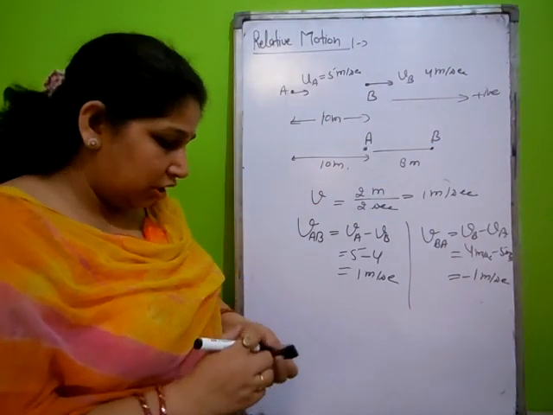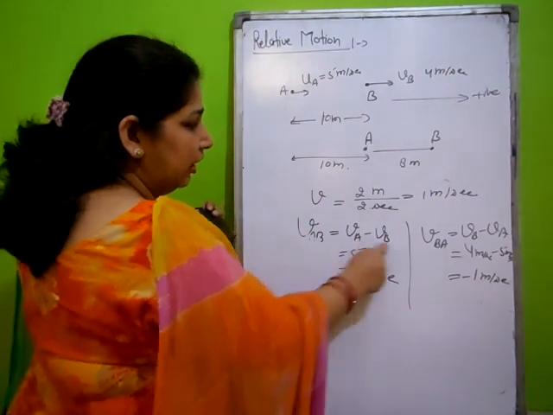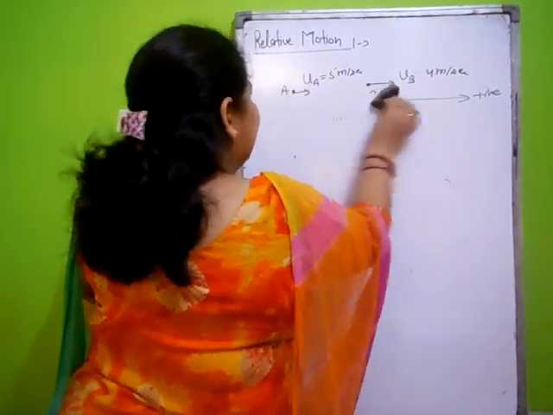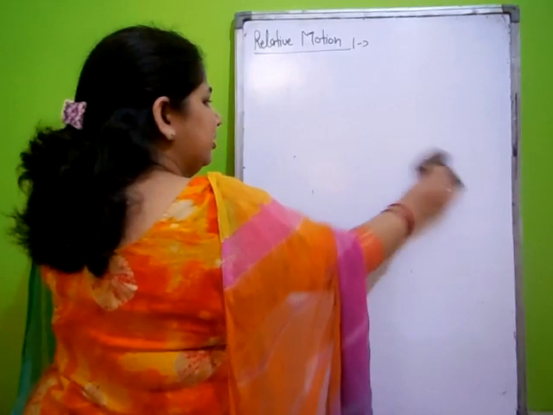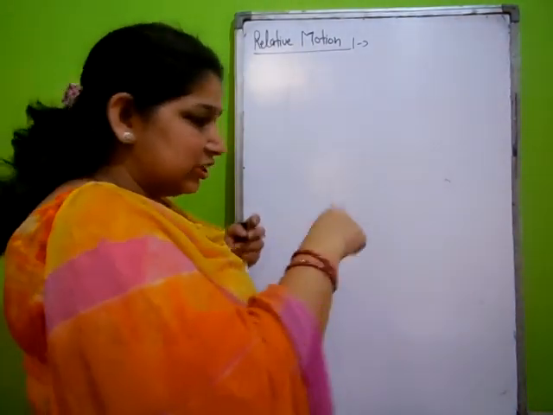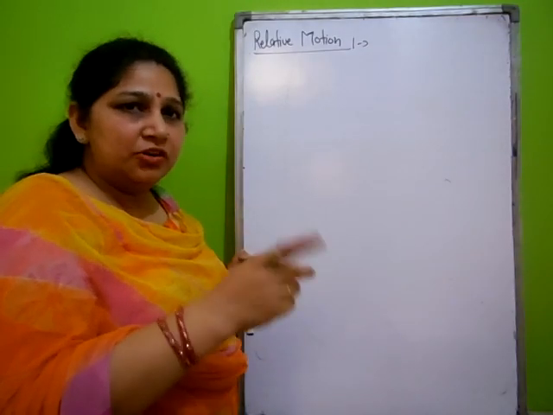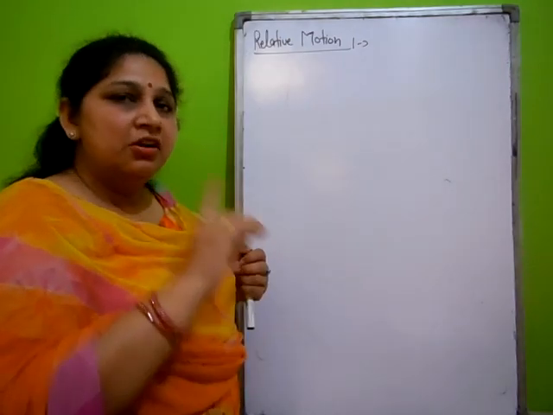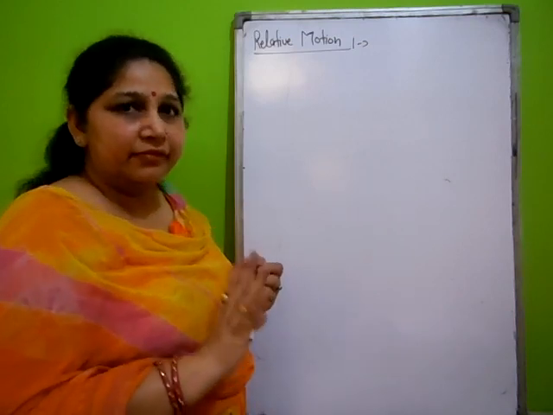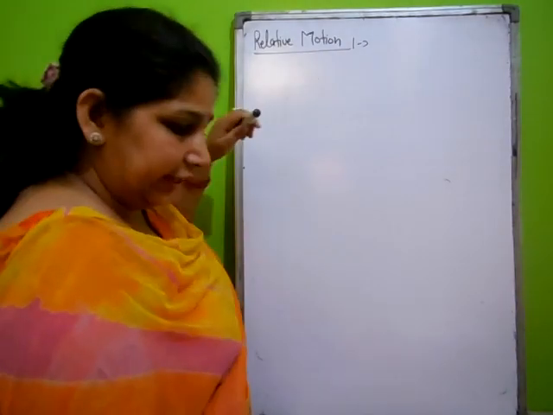Got it? This is all about the relative motion and we can derive the formula with the help of these direction considerations, but it is not significant for examination. Here the main point is you have to remember this concept and the direction. What you have to consider the positive and what will be considered as negative. First you choose the positive direction, any one, then opposite to this direction will be negative. Got it? Now we will derive the relative motion formula for relative velocity.